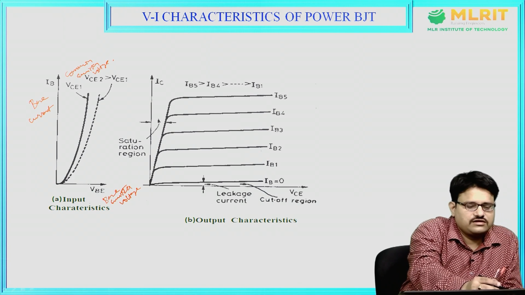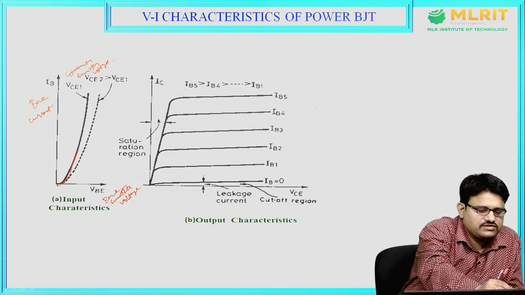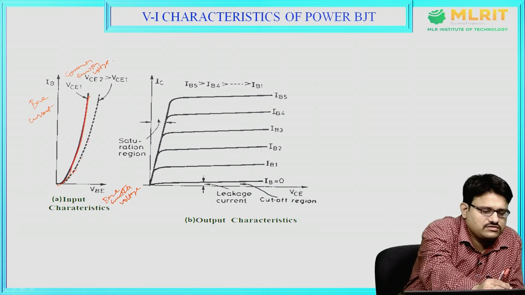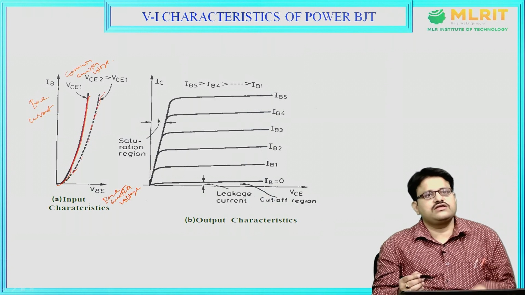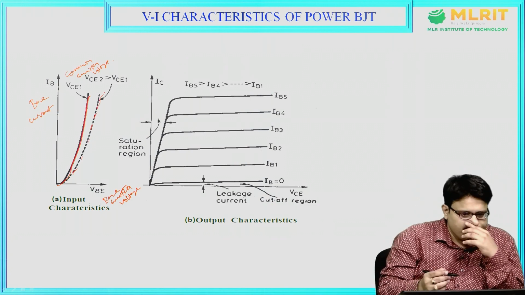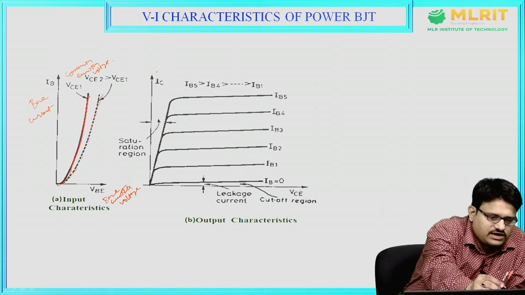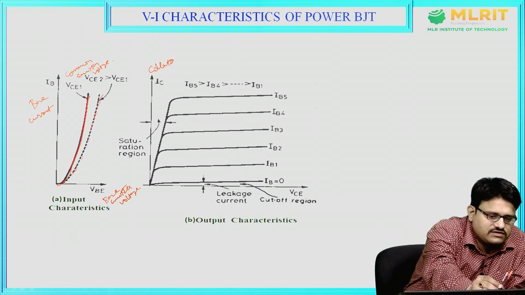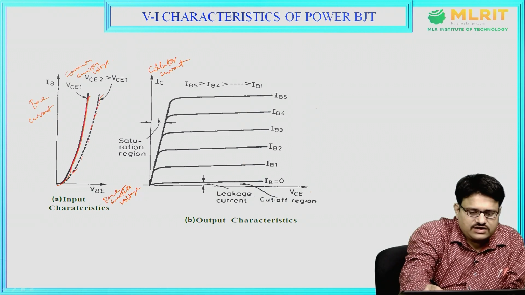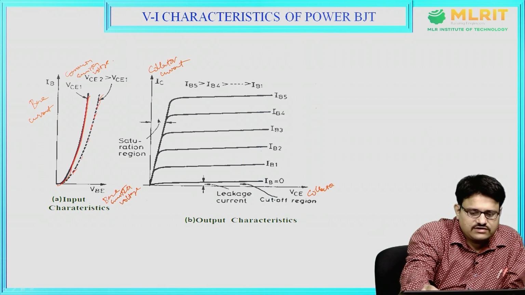And here as we see the graph is like this. So VCE2 greater than VCE1, and here the graph is drawn between the collector current and the collector emitter voltage,